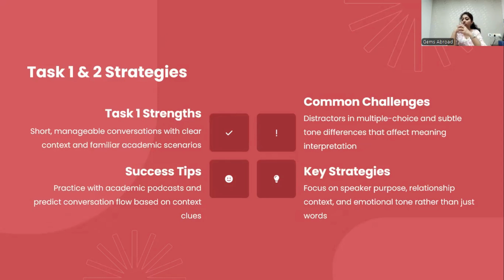And what are the common challenges? Distractors in multiple choice questions and subtle tone differences that affect the meaning and the interpretation. And about the success tips: practice with academic podcasts and predict the conversation flow based on the context clues. What are the key strategies? Focus on the speaker's purpose, relationship context, and emotional tone rather than just words. So, for task 1 and 2, these are the strengths, the common challenges faced, the success tips, and the